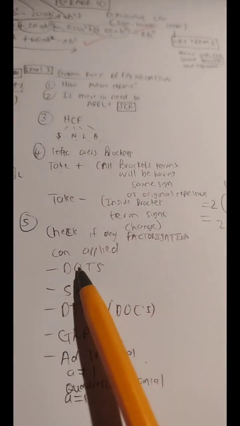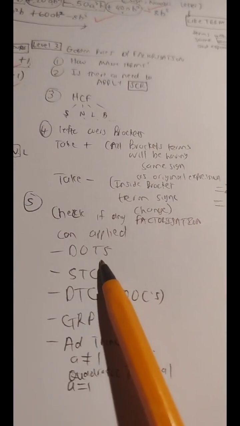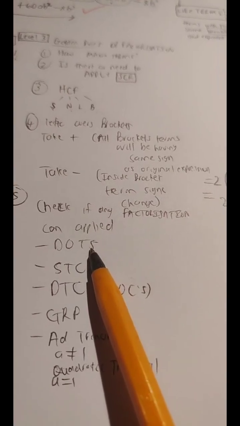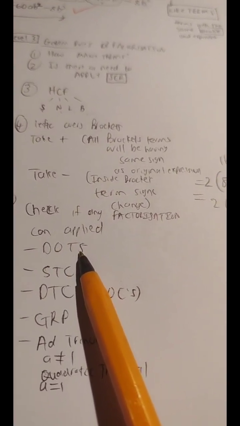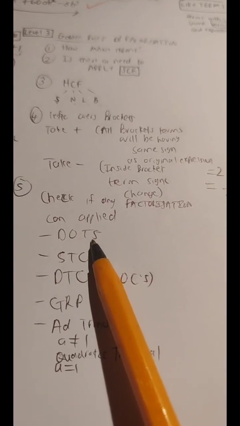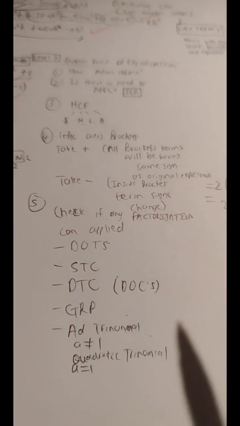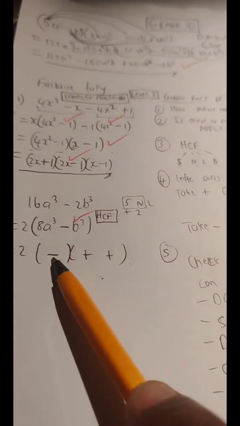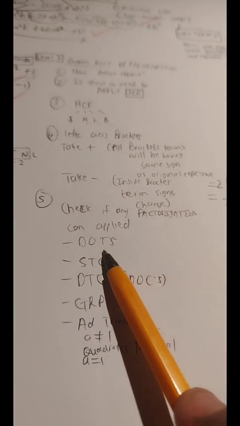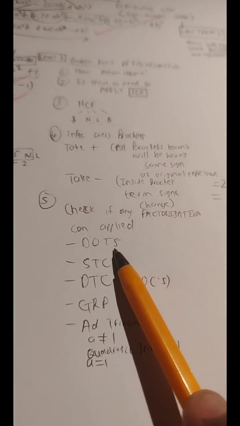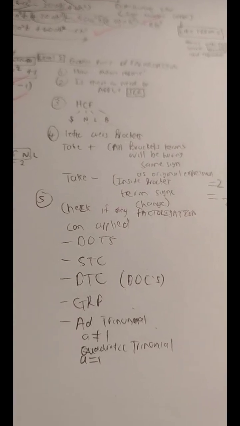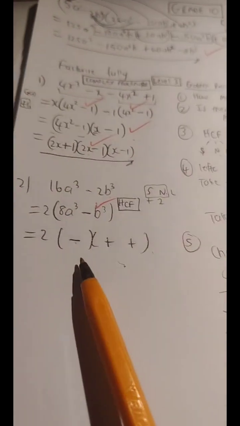But guys, remember, with squares, it's only the difference of 2 squares that is factorizable, but the sum of 2 squares is not factorizable. So let us not make the mistake of thinking that just because the sum and the difference of cubes are factorizable, the sum of two squares is factorizable too. No, guys, the sum of two squares is not factorizable.